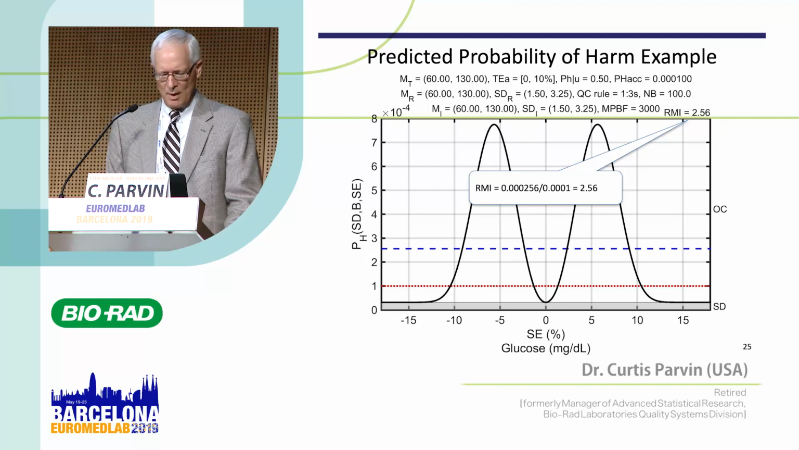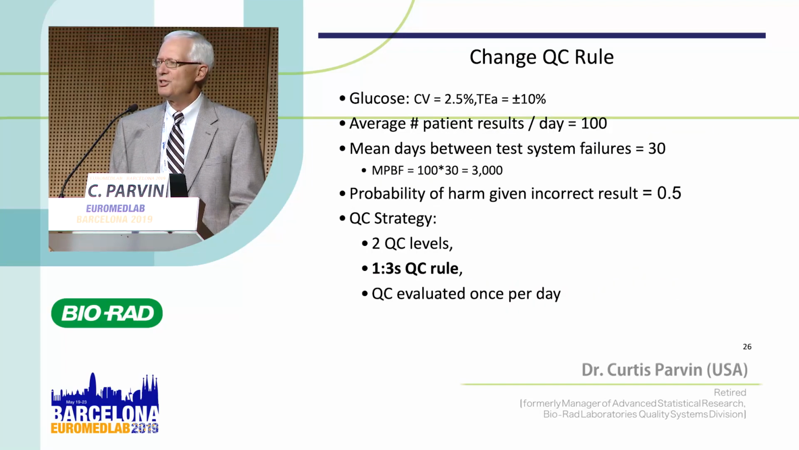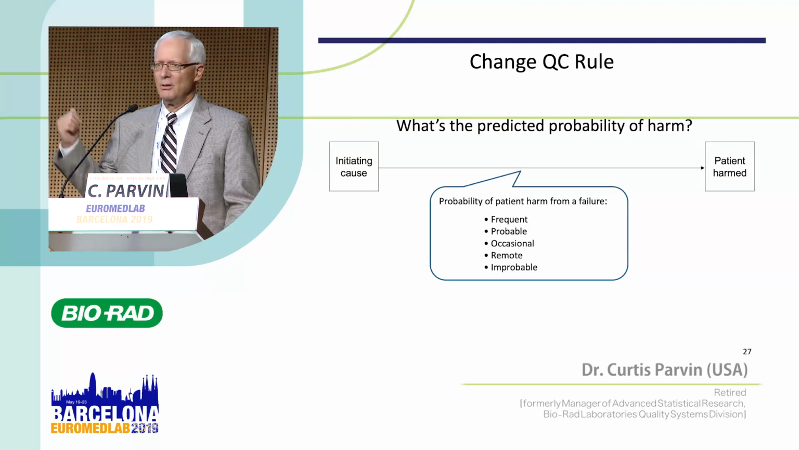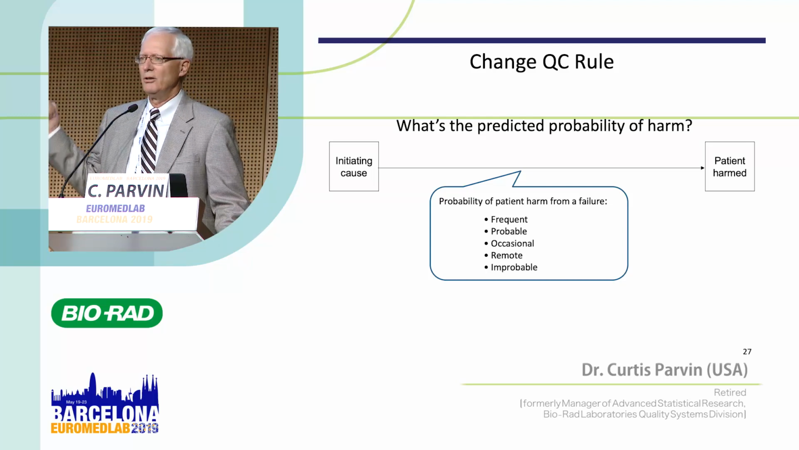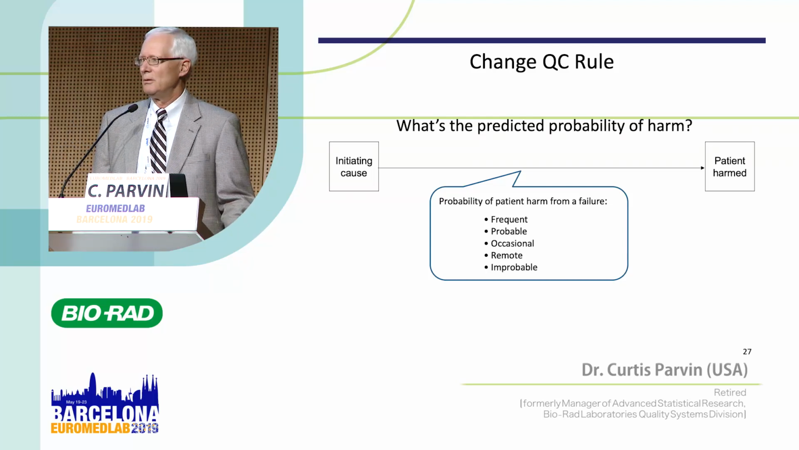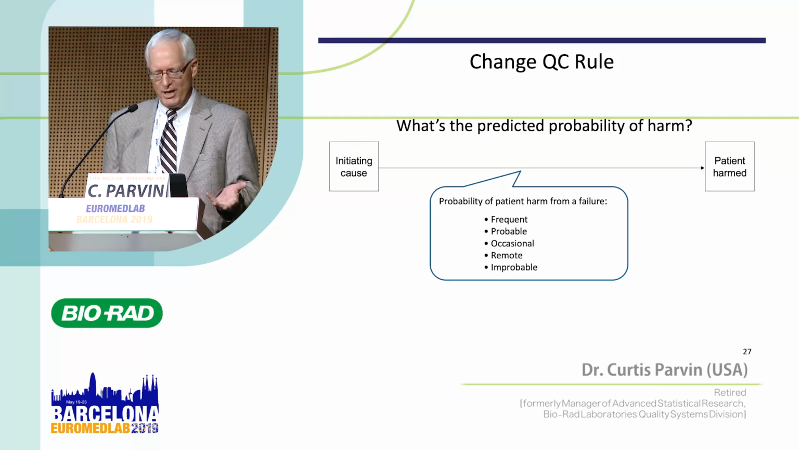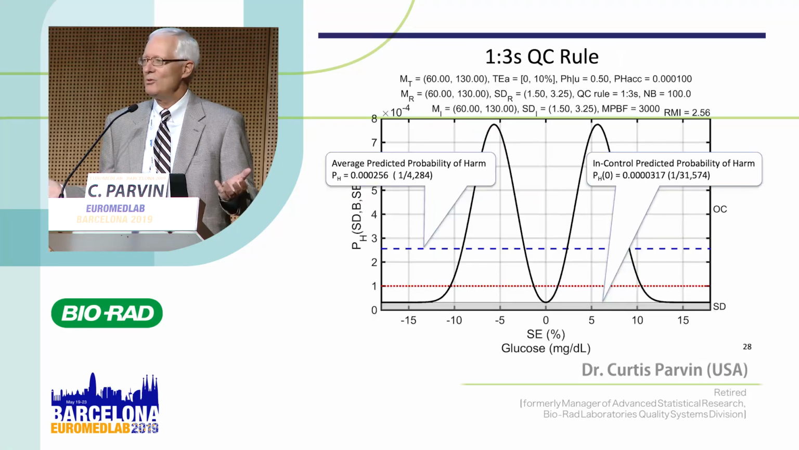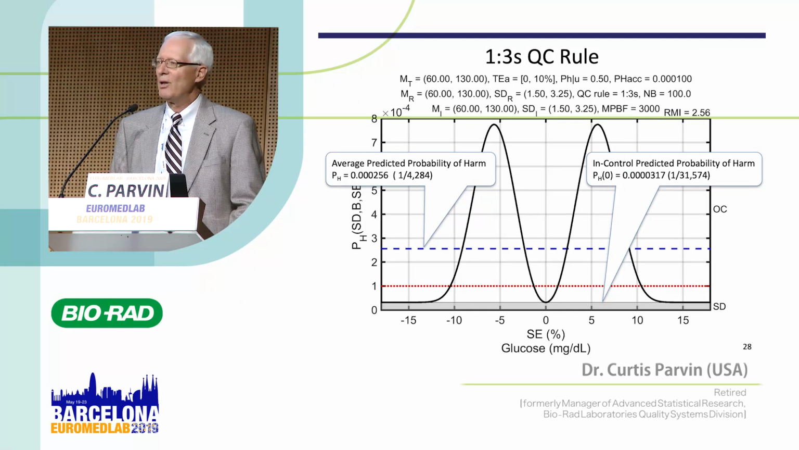So, what can we do? Well, let's consider changing the QC rule. We'll do a more powerful rule. So we'll change from a 1-3S rule to a multi-rule. If we make that change, what do we do here? Did that change in the rule change us from probable to occasional, or occasional to remote? Or what if we apply our